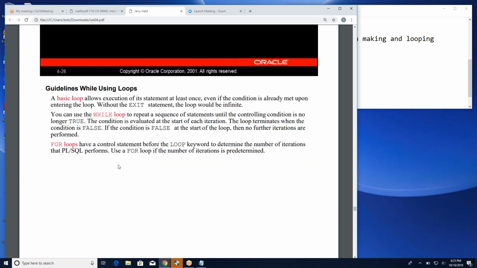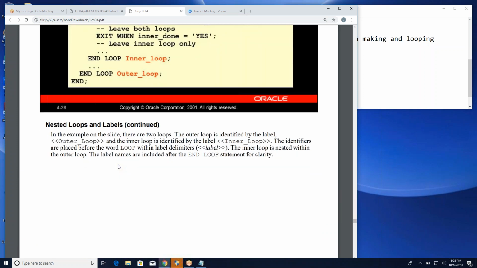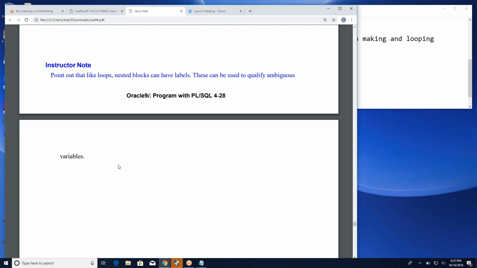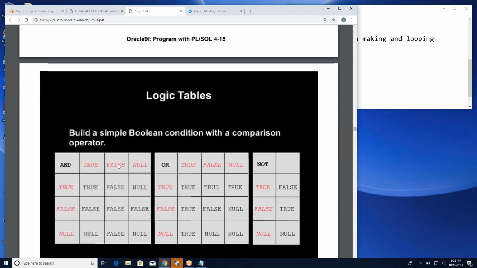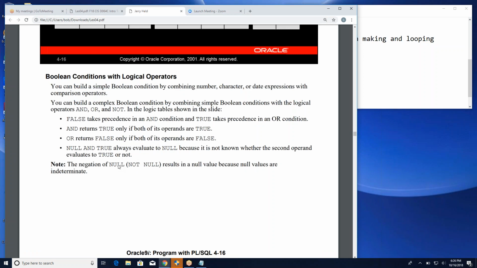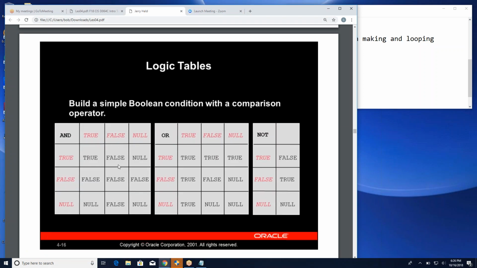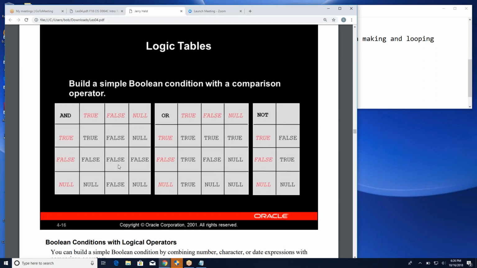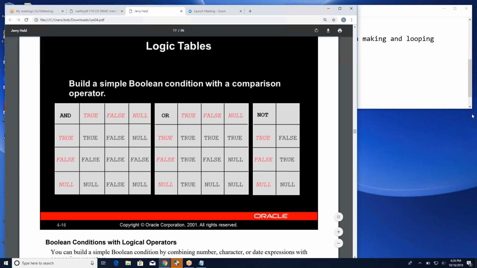We'd also looked at the logic for all of these expressions. I wanted to draw your attention to this table on page 416. When we talk about logic expressions,